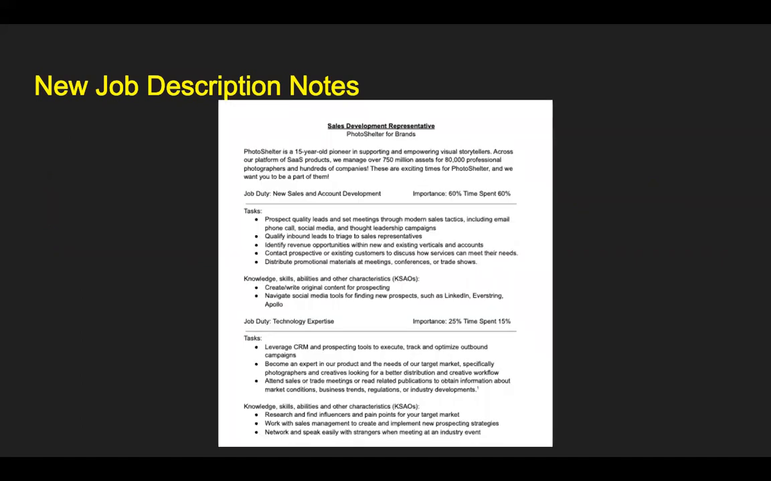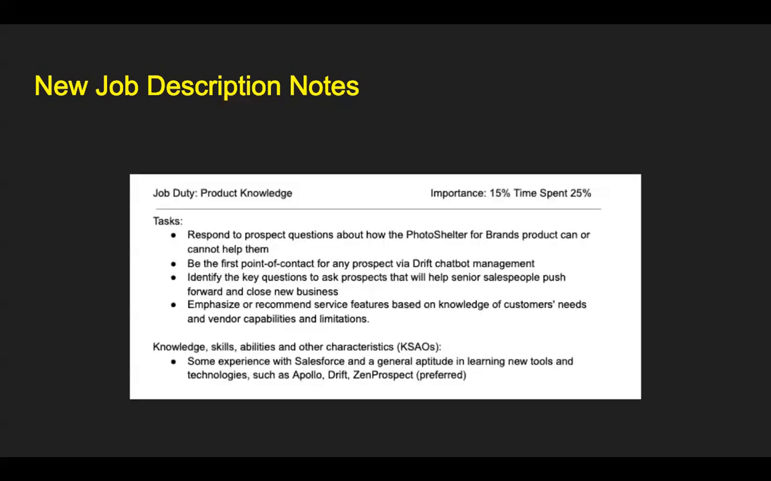So you can see here the reduced intro, and then what I break down into 3 different job duties and the importance and the time spent. The first one is new sales and account development. And then I break each section down by tasks and knowledge, skills, abilities, and other characteristics. And it's in these areas specifically that you can see some of the technical capabilities that I'm highlighting for this